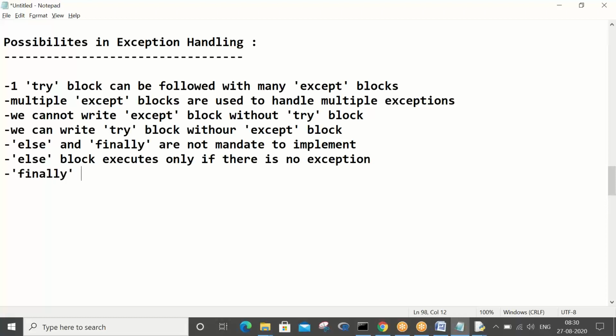The finally block executes all the time. Fine. So these are some important points or possibilities I can tell you in regards to exceptions.